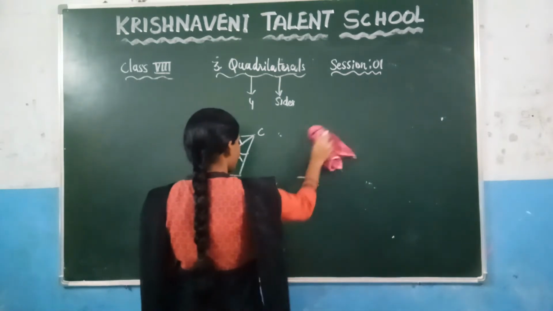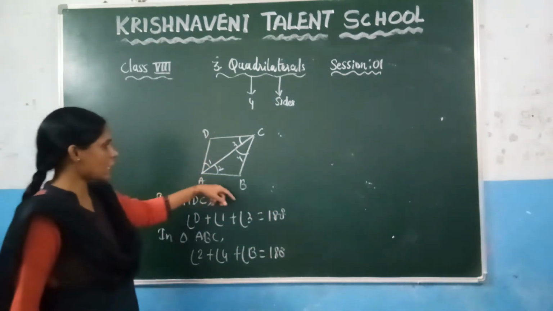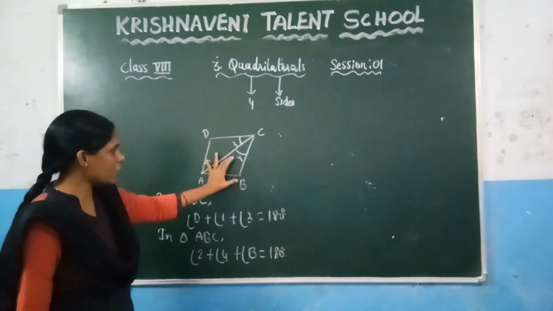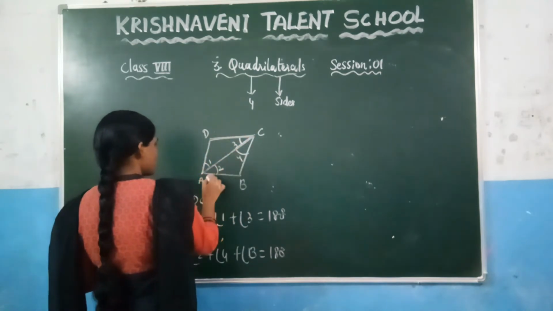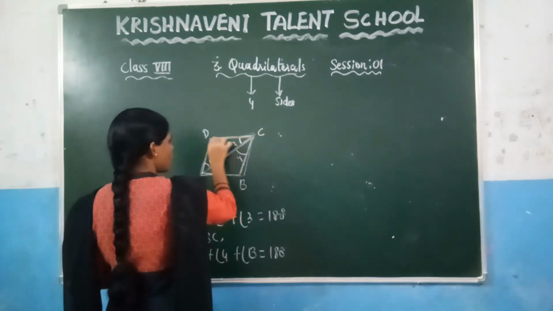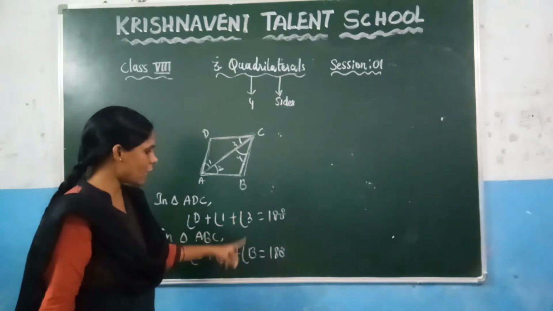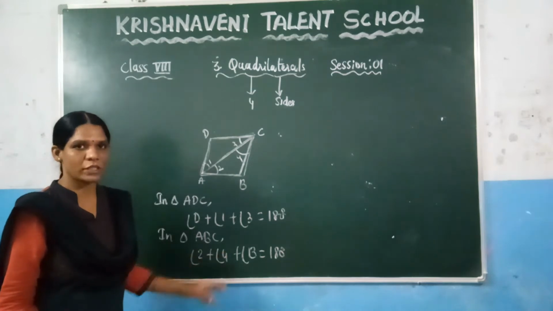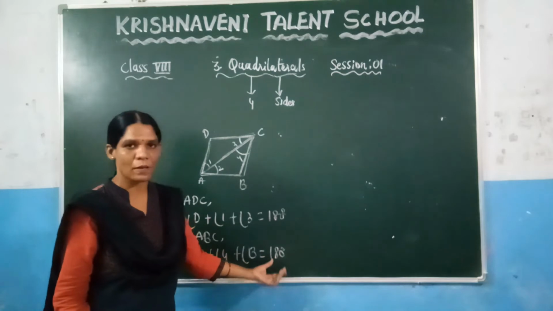Now since we want to find the sum of the angles of a quadrilateral, you need to get angle A plus angle B plus angle C plus angle D. So if you add these two triangles, clearly you can observe that if you add the sum of the angles of this triangle and the sum of the angles of this triangle, you will get the sum of the angles of this quadrilateral just by adding these two. So for that, you need to add these two equations. While adding two equations, you need to add the left side part and the right side part separately.